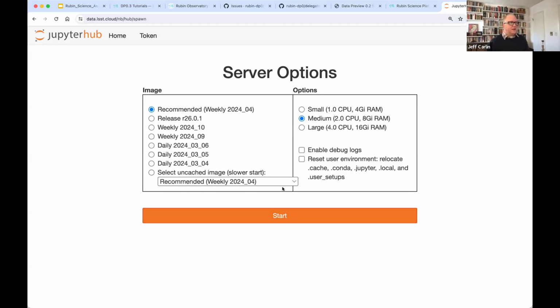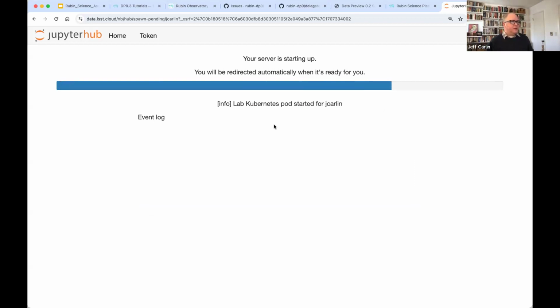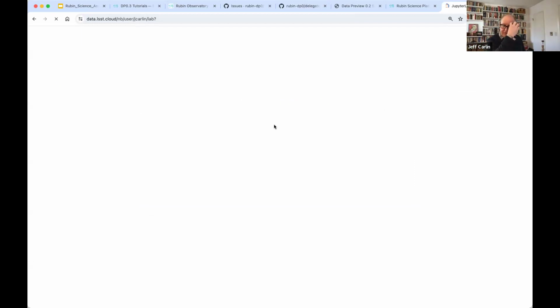So once you select that, click start. You'll see this when your server's starting, and soon you shall see a file browser and the option to either start a notebook or open up a command line interface, for example.